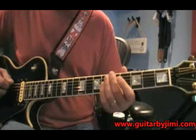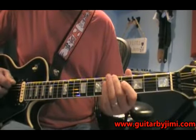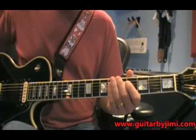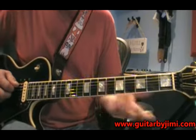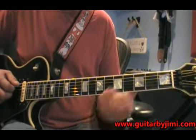Then you hear, you know, so you got that. Then you're gonna go, and then let me just do that and end it. So, but then the last riff is A, C sharp, chromatically up, D, D sharp, and E. Now, you know, believe it or not, I'm actually guilty of this too. I really want to go